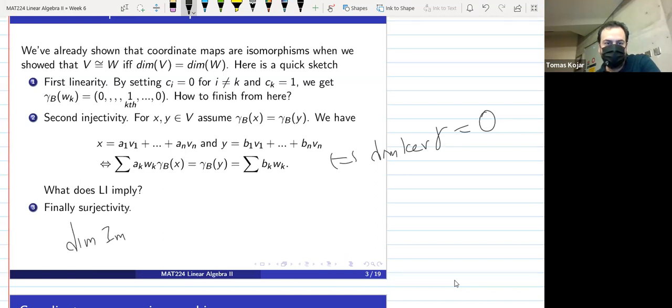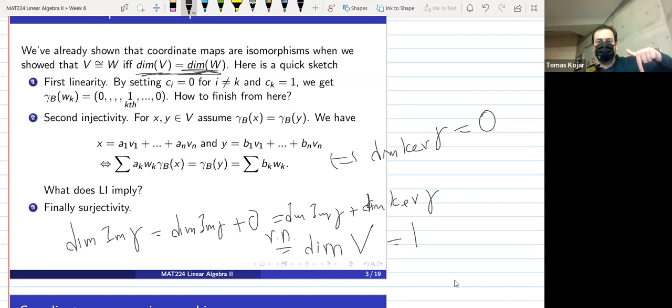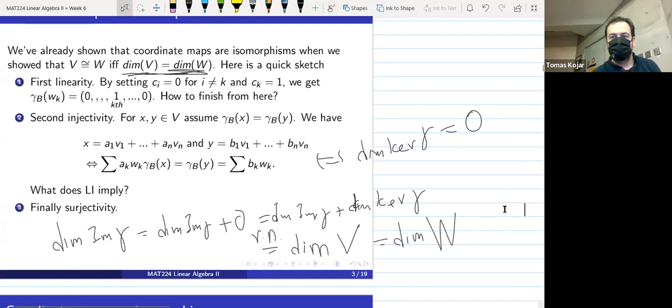Dimension of the image of gamma is equal to dimension of image of gamma plus 0, which is dimension of image of gamma plus dimension of kernel of gamma, which by rank nullity, it's dimension of the domain V. But we know that dimension of V is equal to dimension of W. So then, and then we also know the following result that